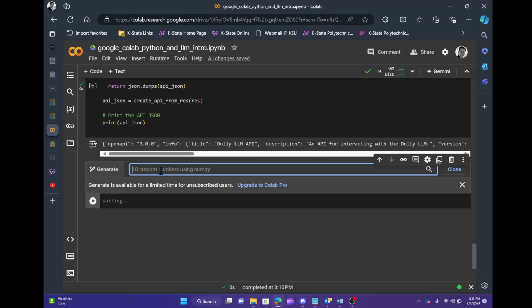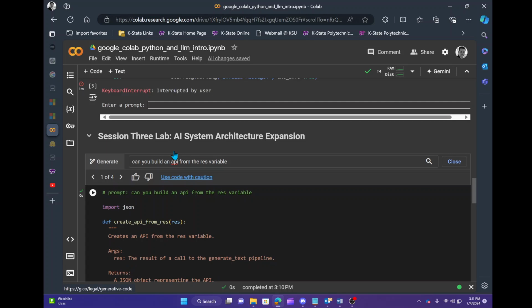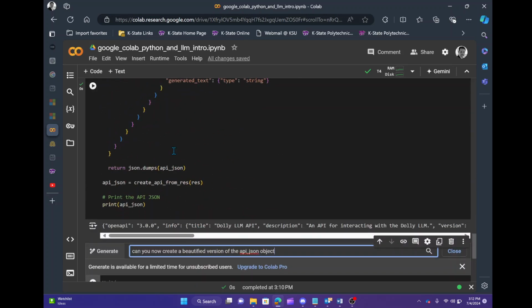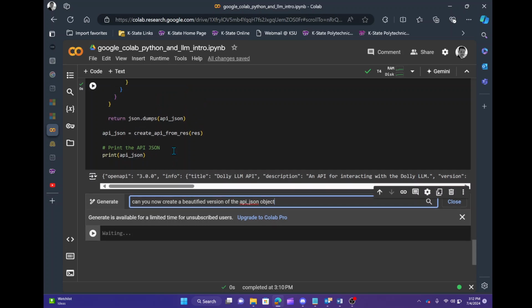And so I'm going to say, can you now create a beautified version of the API JSON object? And now I'm going to double check to make sure I've got this right. Create def API JSON. Yeah, because it's this print API JSON that is now the output object